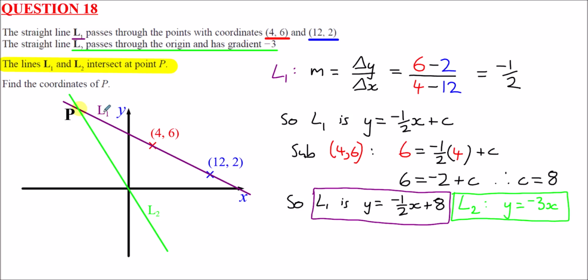P is where they intersect. So P is simply where L1 equals L2. We've got y as the subject for both of these, so we can work it out now. We can set minus a half x plus 8, the y for L1, equal to y for L2. So when is minus a half x plus 8 equal to minus 3x? In other words, they'll intersect